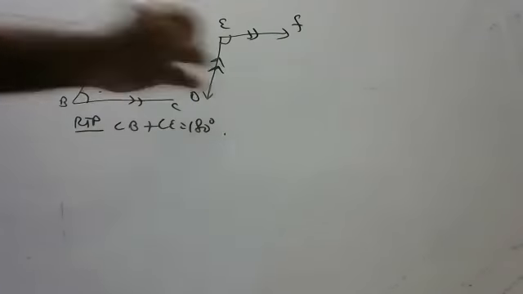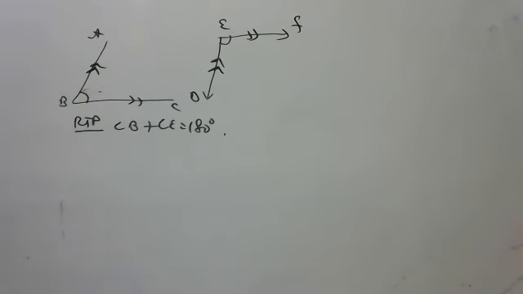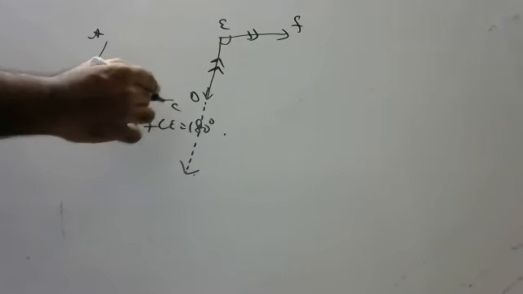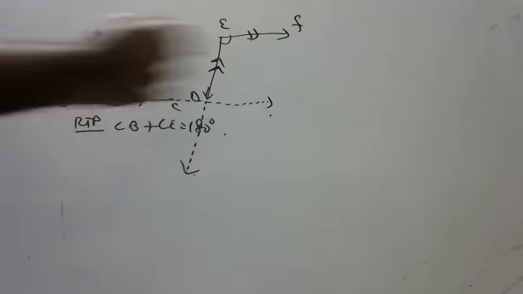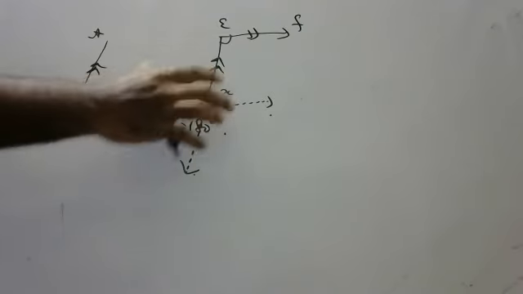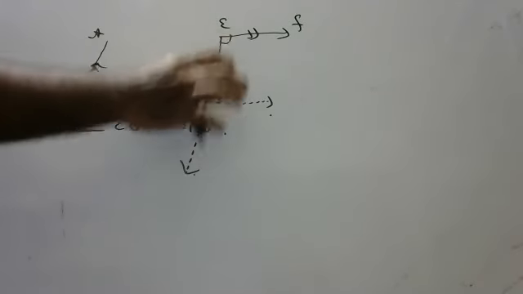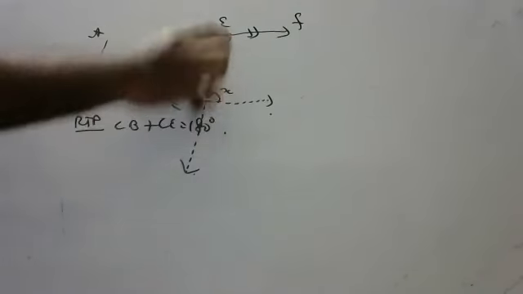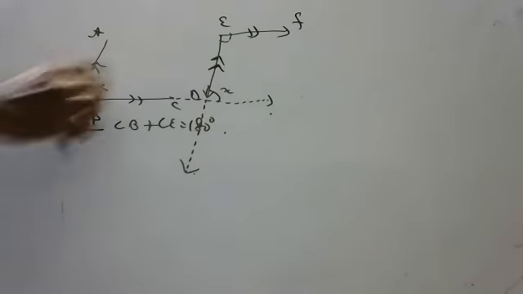He's asking to prove. Anyone wants to do this sum, or shall I say, children? Anyone wants to try? Okay, I will tell, children. Just simple. Extend ED like this. Extend BC like this. Simple. If this is X, this is also X. Why? Corresponding. X plus E is equal to 180 degrees. Why is X plus E 180? Co-interior angles. Yes, this plus this is 180 means this plus this is also 180.